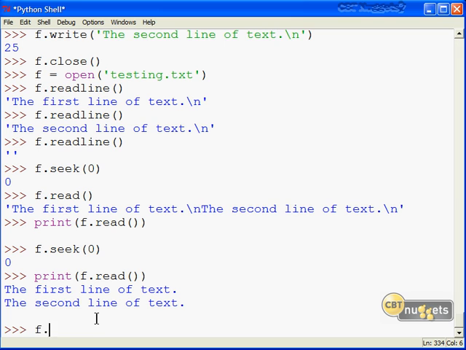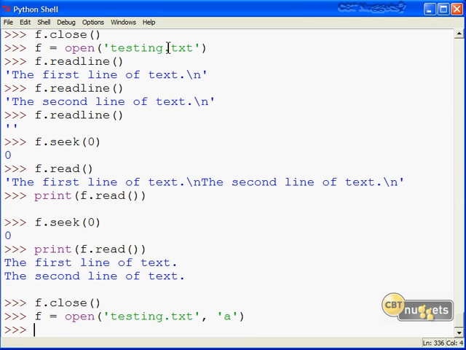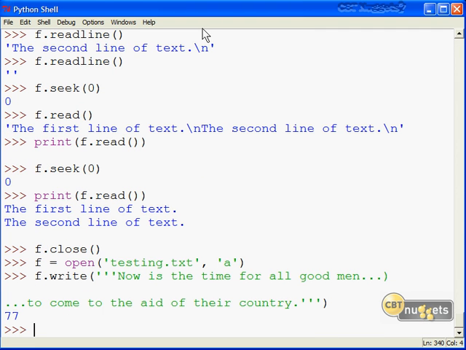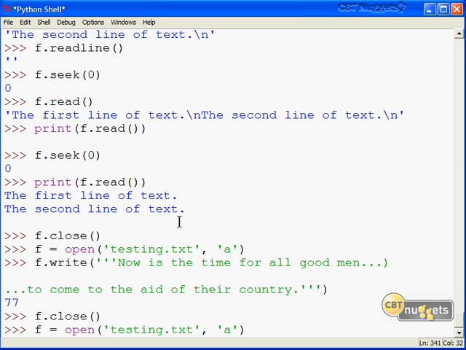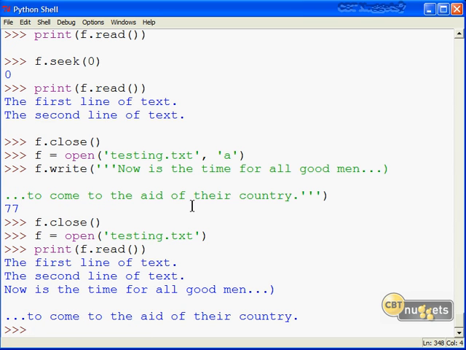Let's close this guy again, and we'll open it yet again, this time adding data to the file. So we know that that's the append or a keyword, and this time we're going to call the write function again, but I'm going to do a triple quoted string with embedded new lines. See how that goes. Came back with 77. That's fine. We'll close and we'll reopen for read. And this time I'm going to do print f.read. And you notice that the append worked just fine. Of course, this little glitch here is part of the string literal. That's just an accident on my part.